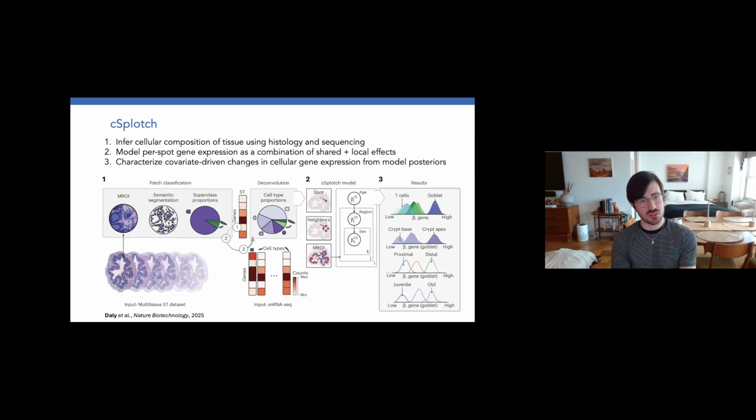So overall, cSplotch worked in 3 main steps. The first was we zoomed in on a certain region of space, and we used visual information to say what cell types are here. Like I said, the colon is a really good organ to look at for this, because even under H&E staining, which is very basic, showing basically the location of DNA with the blue stain and of protein with the pinkish or purplish stain, a very basic histological staining,